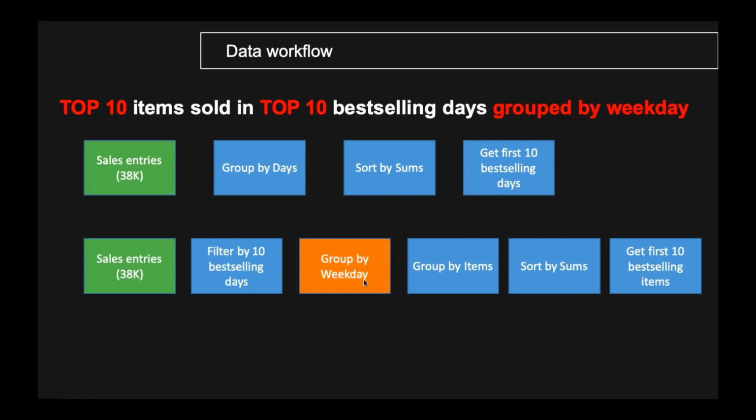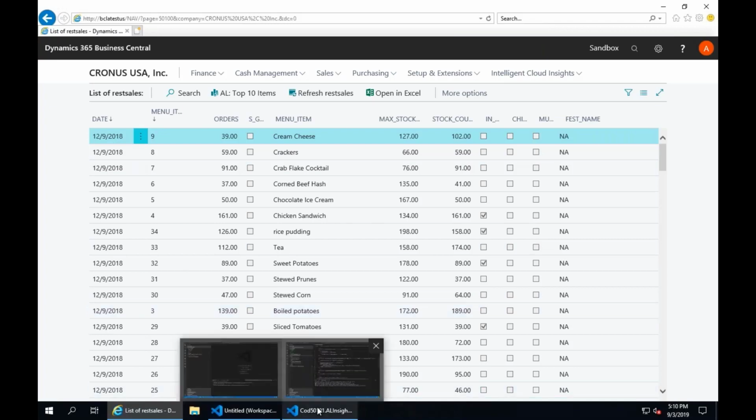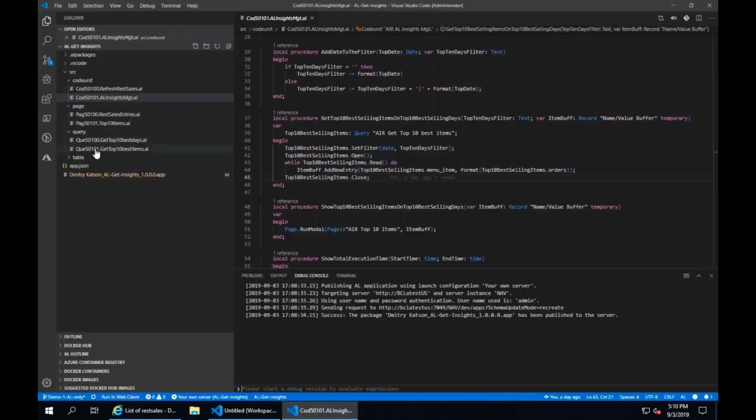You can think, well, it's simple. We can just add one more column in our query. But the thing is that we don't have a weekday here. We have only a date. If we look at our queries,